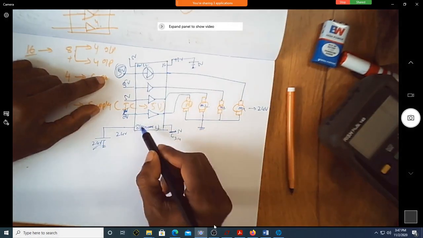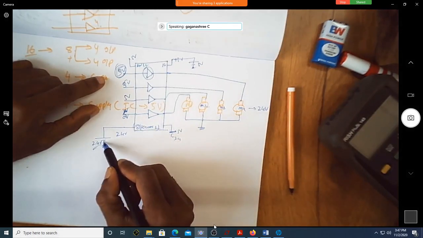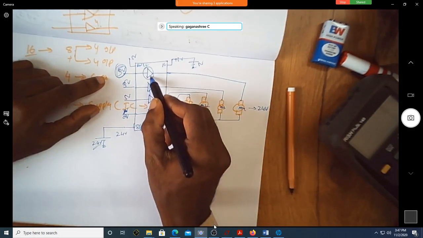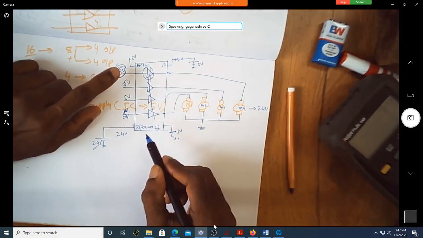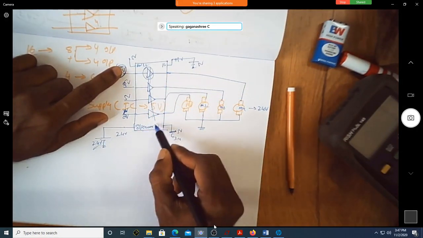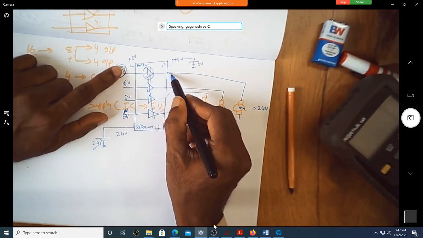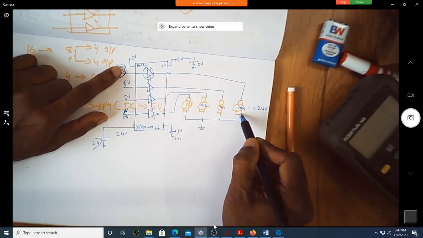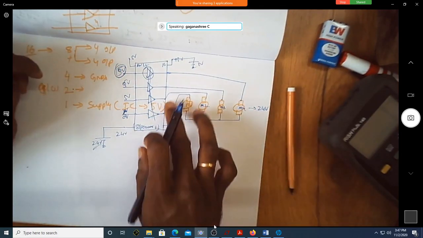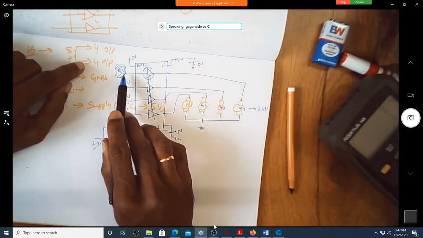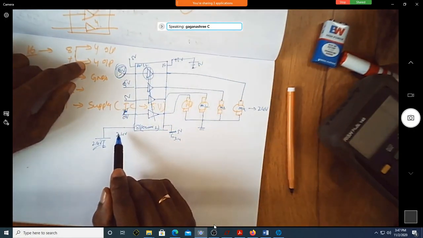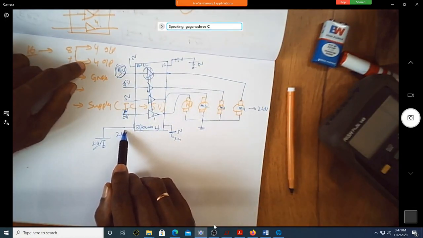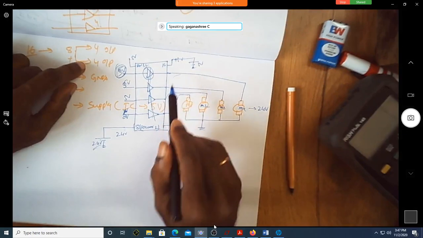Whatever power supply 2 you have is actually connected to these buffers. When you make this 5 volt, this 24 volt in turn goes through this output to this particular motor. The IC internal diagram is such that this 5 volt will make this power 2 reach this output pin.